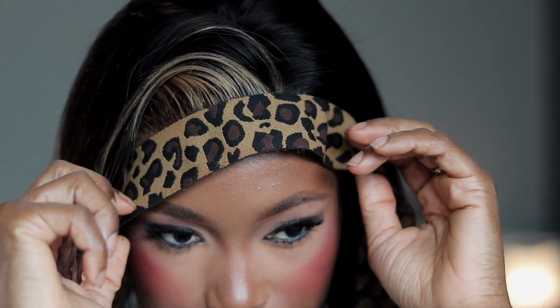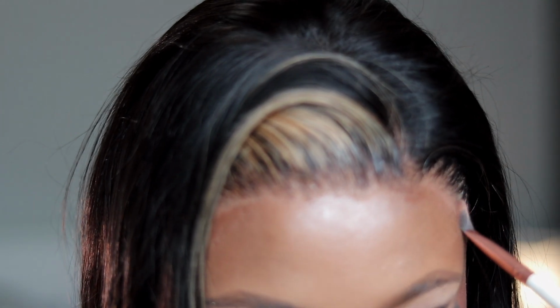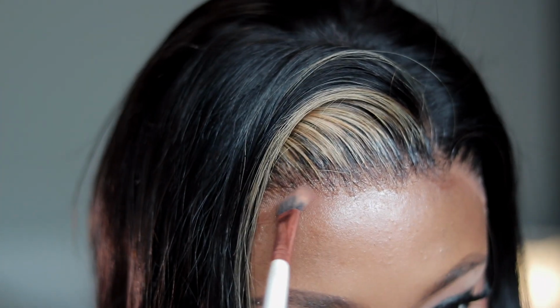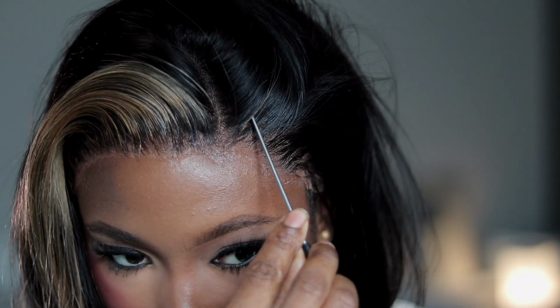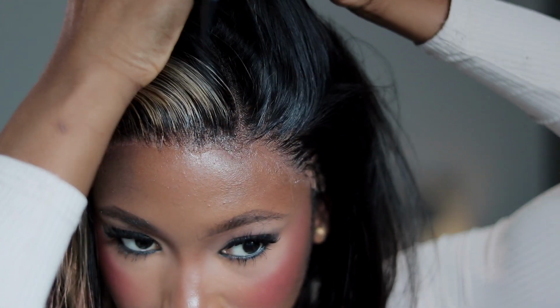This is what we have right now. I feel this is a better look. So yeah, you can decide to use your foundation or your powder to blend that in, and this is what this is giving, right? So moving on to styling,